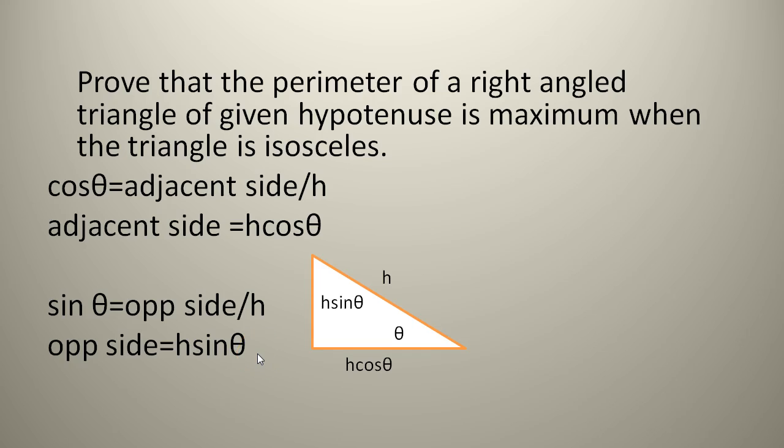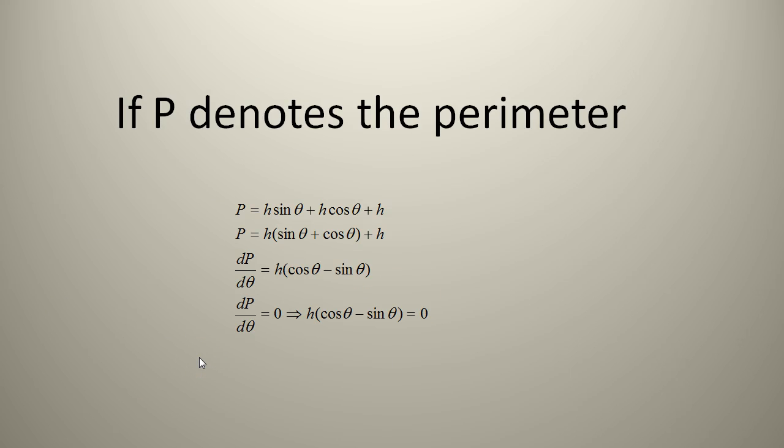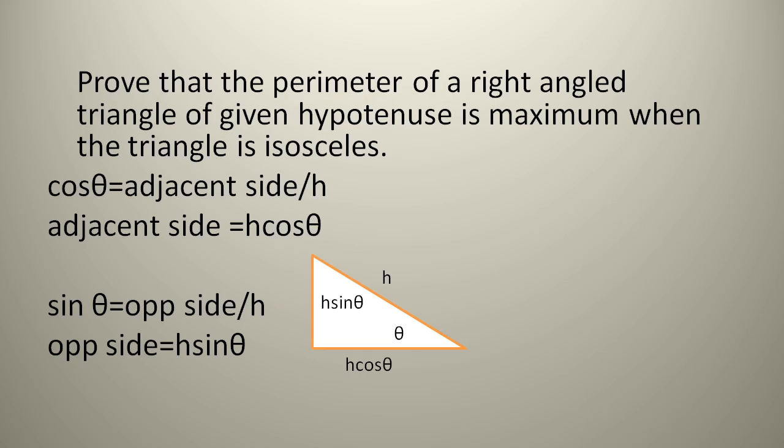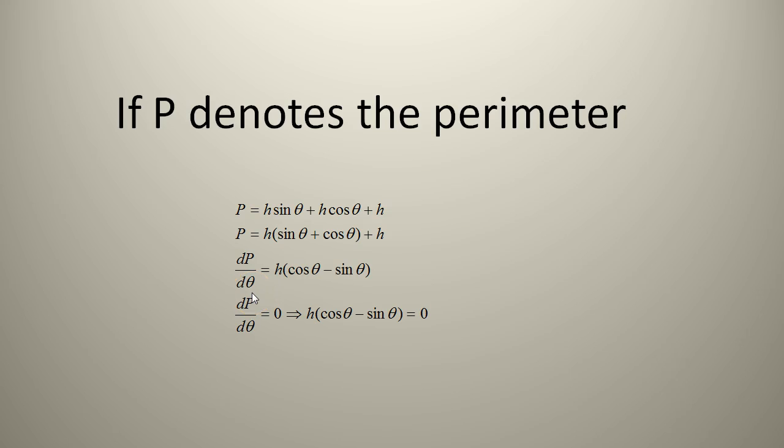Next problem. Prove that the perimeter of a right angle triangle of given hypotenuse is maximum when the triangle is isosceles. So we have a right angle triangle here. Now cos theta is adjacent side by h. So adjacent side will be h cos theta. Sin theta is opposite side by h. So opposite side is h sin theta. Now if p denotes the perimeter, p will be h sin theta plus h cos theta plus h. That is, take out the h in the first two terms, you get h into sin theta plus cos theta